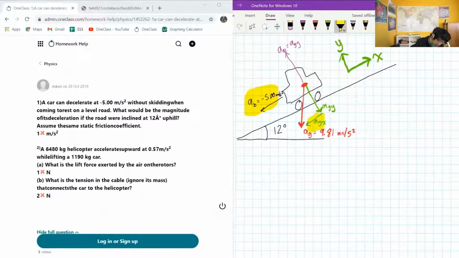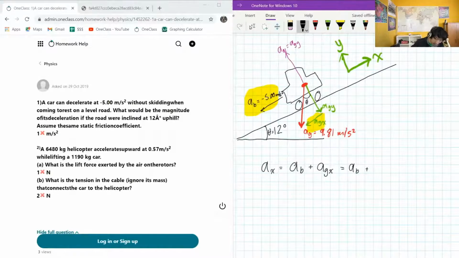Okay, now to determine what AGX is, we first need to keep in mind that this angle here is also 12 degrees. So it's also going to be theta, like that. Okay, so the overall acceleration, we're just looking for the x direction acceleration, according to this tilted axis. So the total acceleration is going to be equal to the acceleration of the brakes plus the acceleration of gravity, but just the x component of it, right? So we should rewrite this: AB, we already know as a value, but AGX,